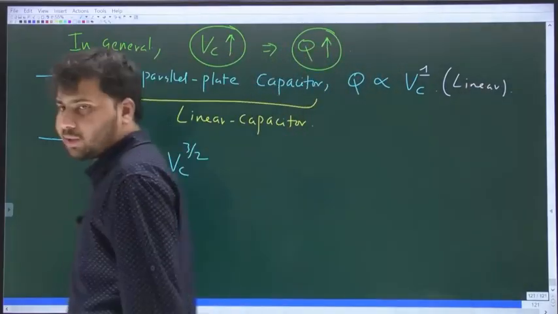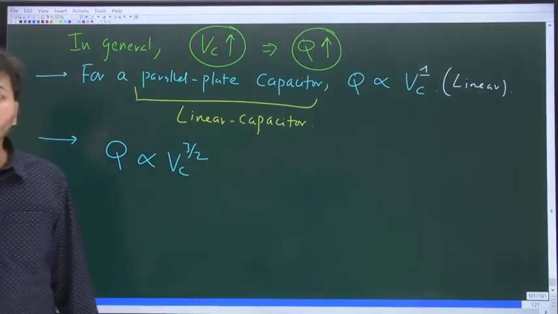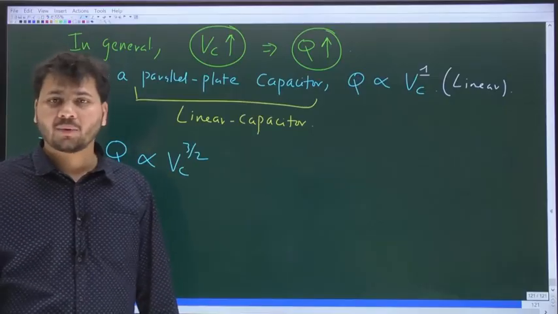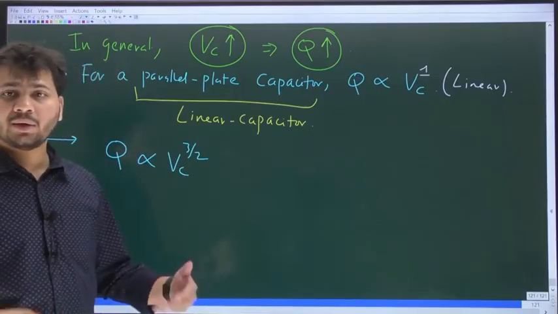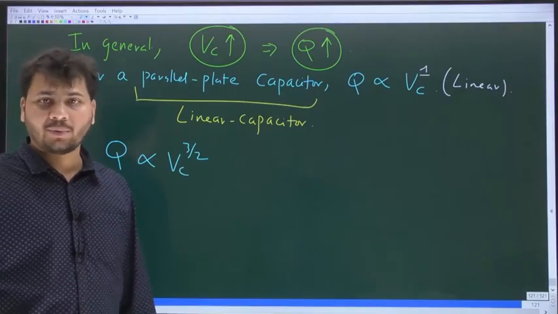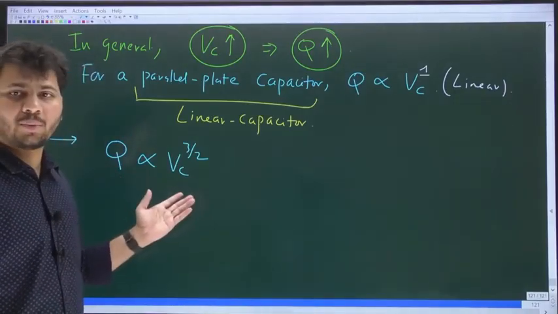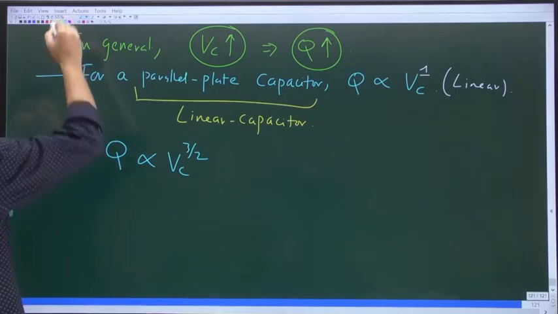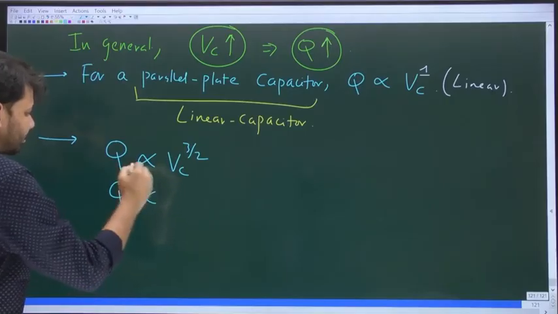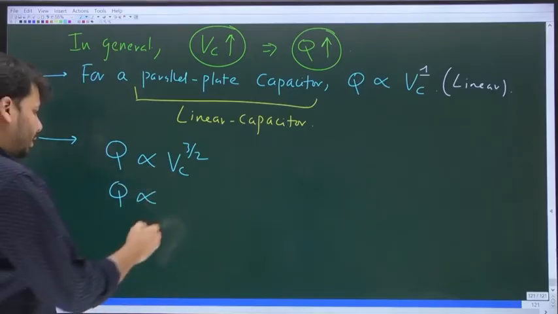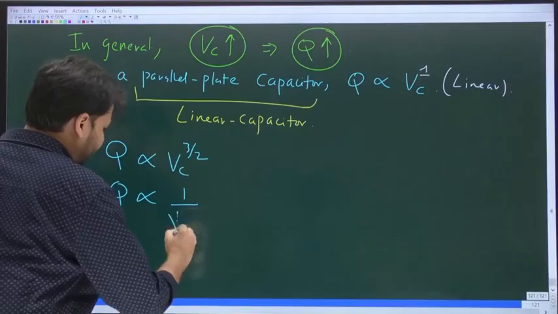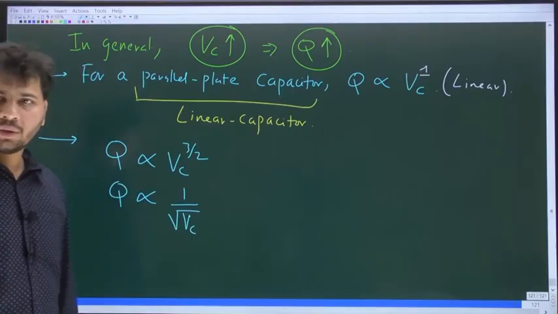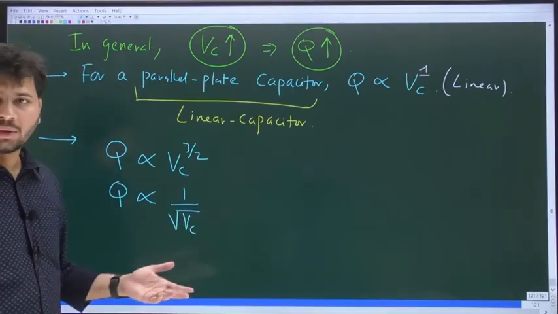But if it depends on Vc to a power other than 1, if the charge stored in the cap is directly proportional to Vc to a power other than 1, then that relation is no longer going to be linear. Even in this case, Q proportional to Vc^(3/2) is non-linear. Or let's say there is some other capacitor in which Q is proportional to 1 by square root of Vc. Then also it is